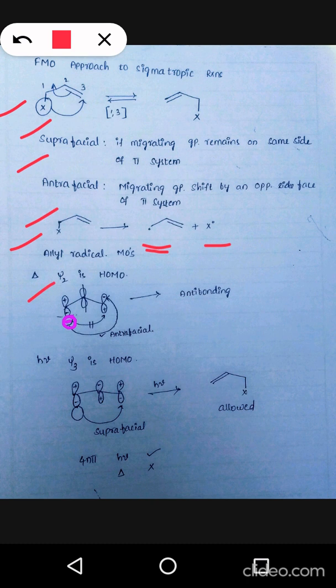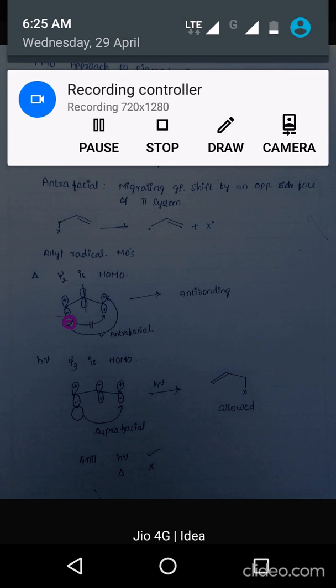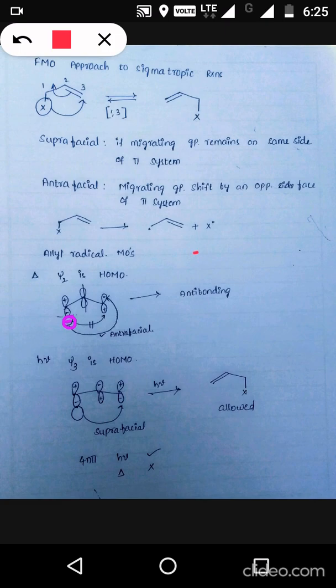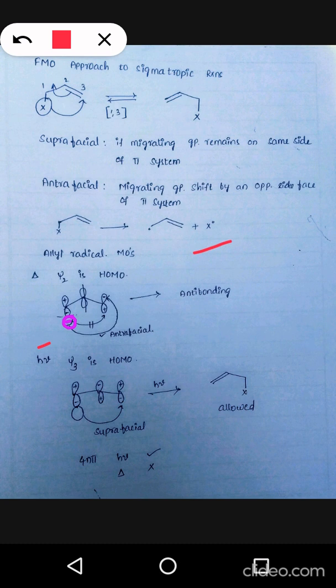It is drawn here. Psi2 is an even numbered molecular orbital. For an even numbered molecular orbital, the plus sign lobes on the terminal p orbitals will be in opposite directions. So plus is upward here and plus is downward here. Now this allyl radical is interacting with the X radical, shown with a purple circle here. And for the allyl radical, for this p orbital, the bottom lobe has a minus sign.